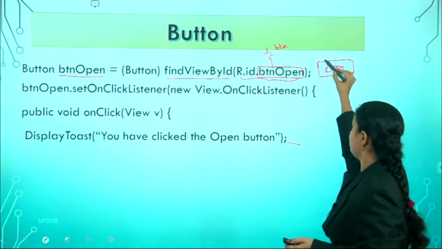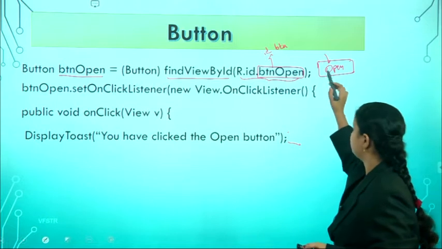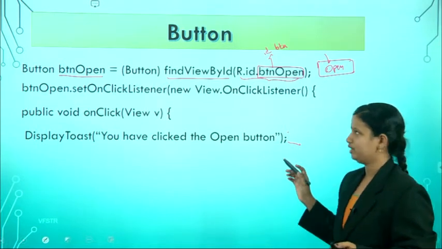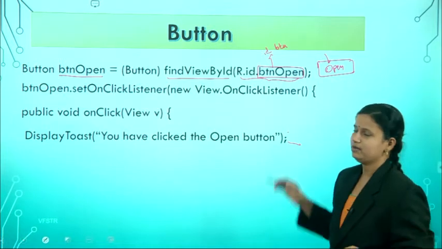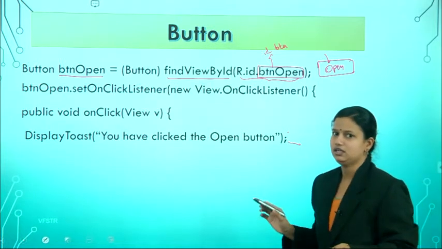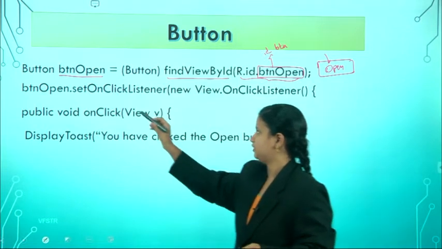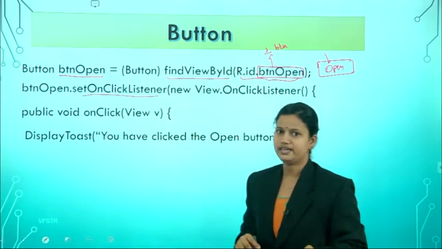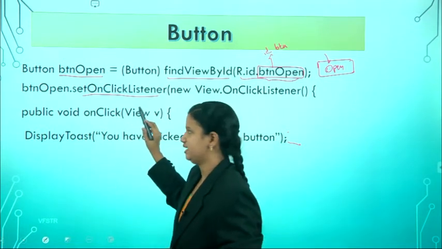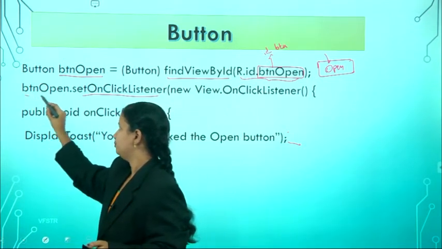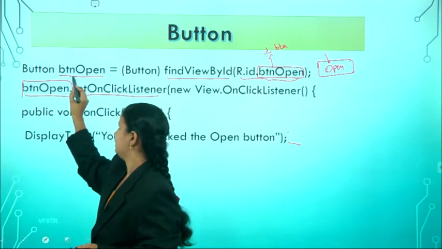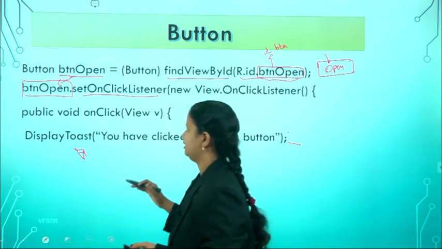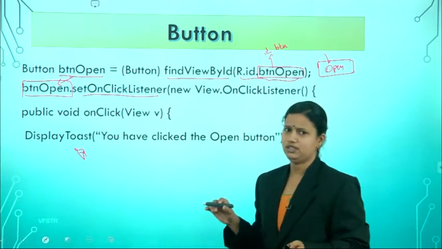Whenever you click on that button, that means whenever you perform an action with the Open button, it directly calls a listener, setOnClickListener. We have to set this method for the object which we created previously.